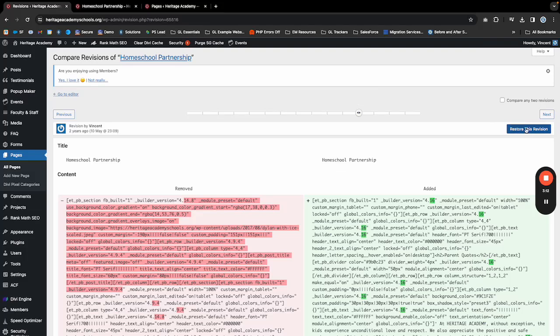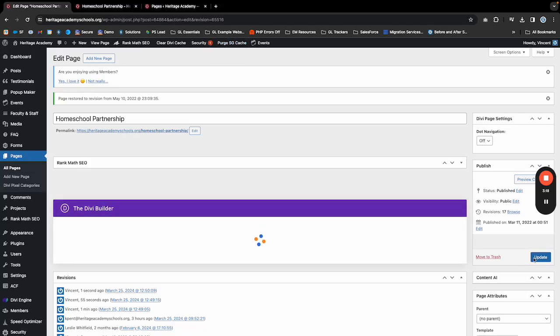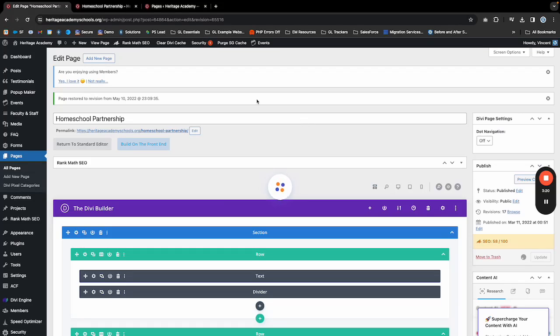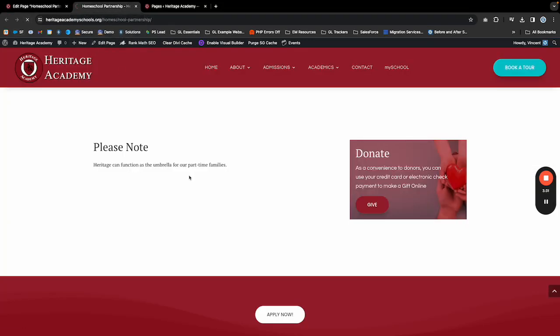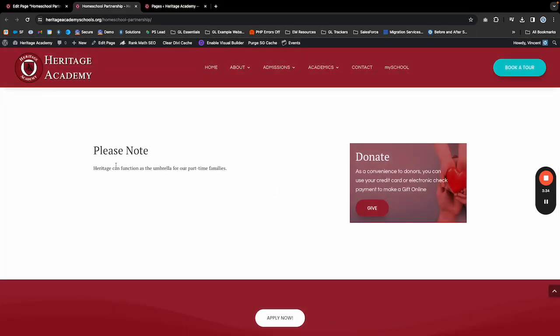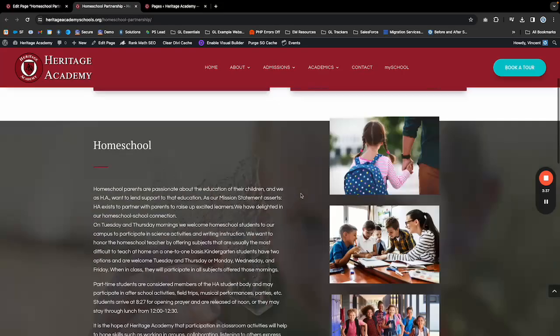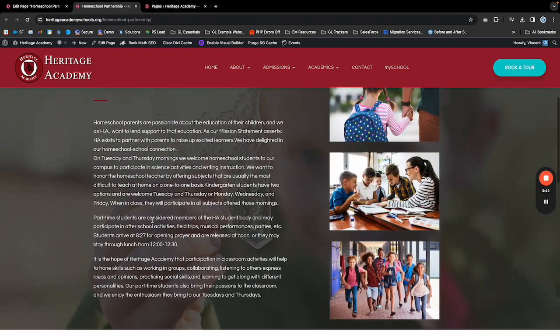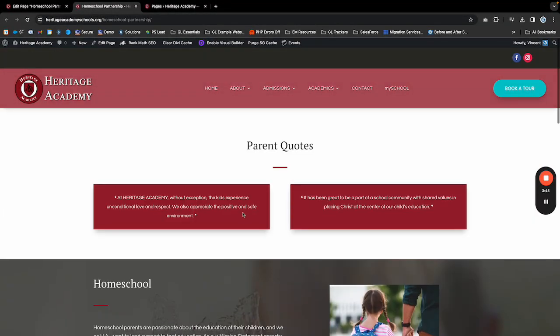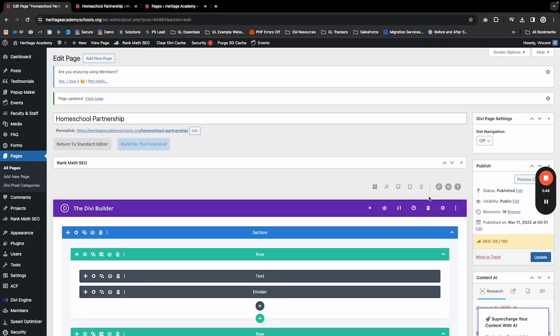So if we go to one from 2 years ago, we can click Restore This Revision and click Update. And then if we refresh the page, there actually doesn't seem to be any content missing in this case, but you can see this is indeed the revision from previously. So we're going to go ahead and again click on Revisions, Browse, and we want to